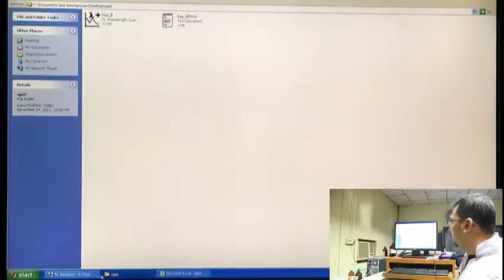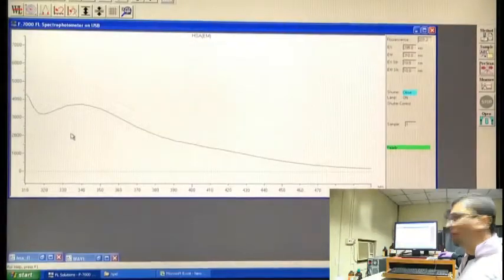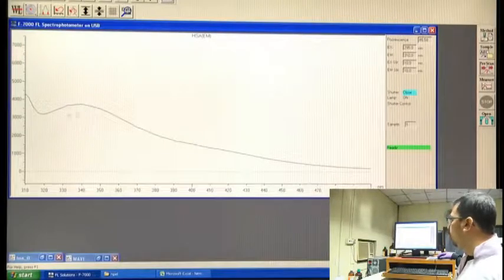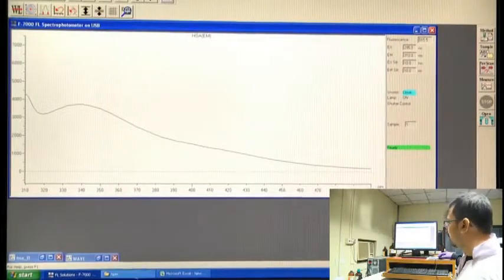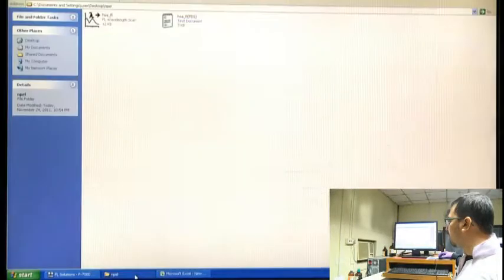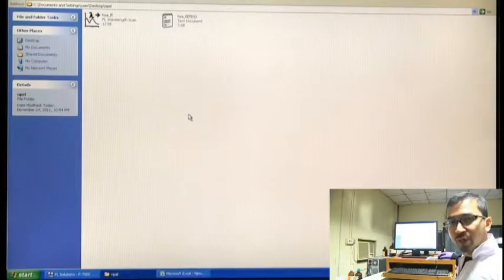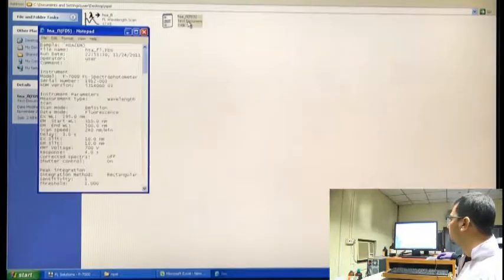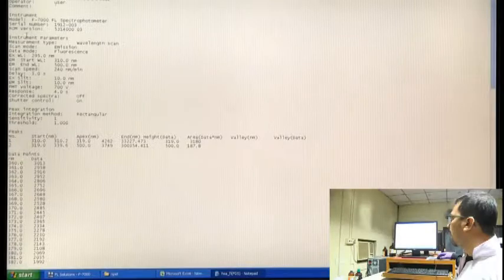Now, we have seen this is the spectra for native HSA. In order to plot this on our computer or desktop, we need the actual text values. So, where can we get the text values? The text file is there in the NPTEL folder, the folder which we have created for this. Here we can see the text document is written for our file. If we click this text document, it appears like this.